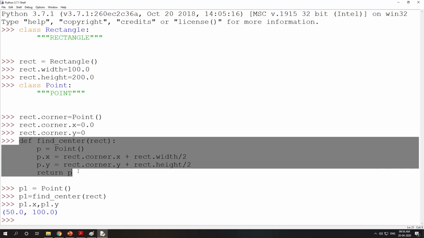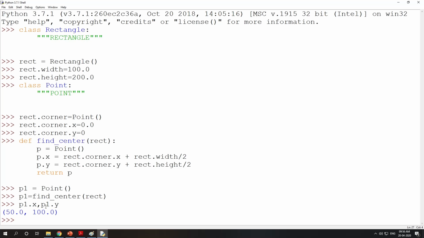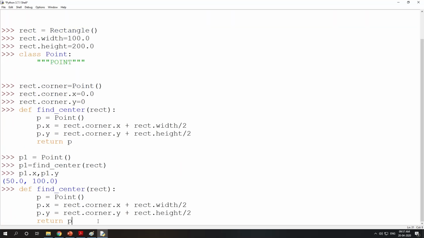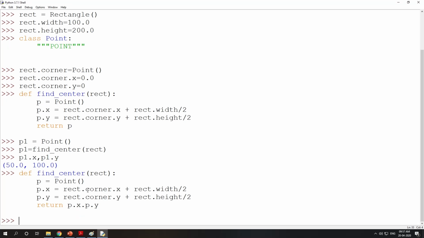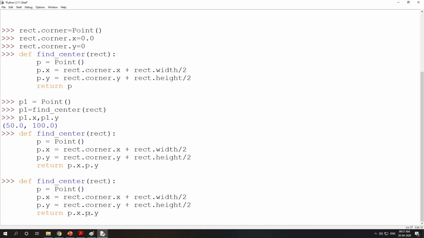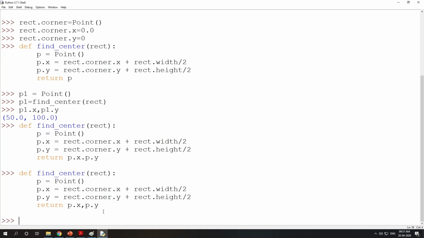If you declare this function without an object, just attributes, so instead of p, if you have just written p.x, p.y, then while using this function it is returning p.x and p.y, separated by a comma.